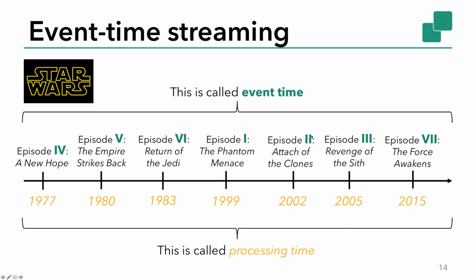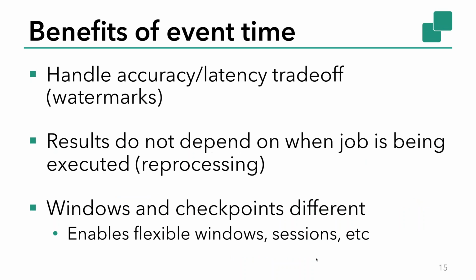This slide is the easiest slide that I have come up with to describe the notion of event time streaming. It's the order that events happen in real life. So let's say here in Star Wars, the order that events happened in Star Wars is not the order that the movies were rolled out in the cinema, which is called processing time. So Flink gives you the tools to reason about event time and processing time, which is exactly what you need to get accuracy under event time skew. This is done by a mechanism that's called watermarks. There's also a lot more information online about that.